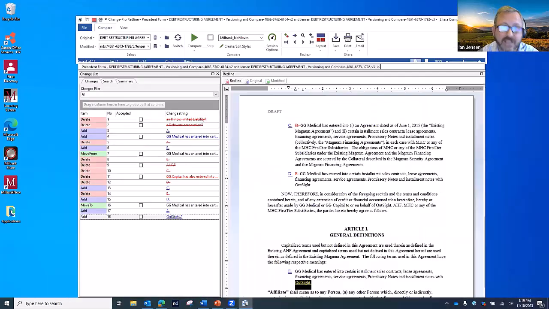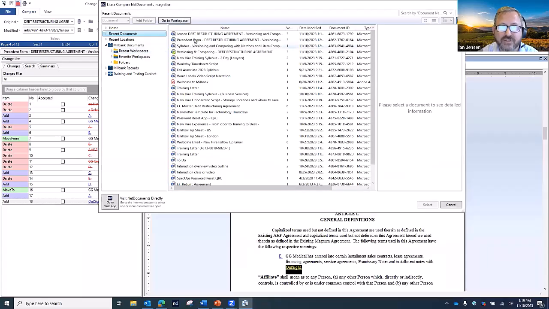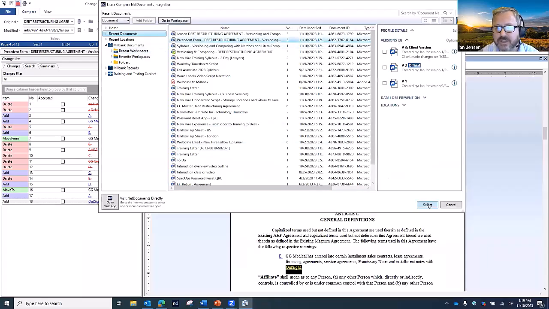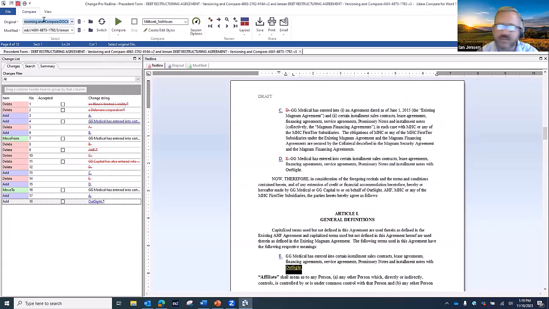You can drag and drop from email or from local, and then you can just hit compare again and it will run it. If you click the cylinders here, that will take you to Net Documents, and you could choose the other version. So I'm going to hit select. I could scroll down and choose whatever version I want. Hit select, so you can run a comparison almost any way you want. And if you have it in history, you could select it here. If you've chosen the wrong versions, so sometimes they do get flipped, you could just hit switch and then run